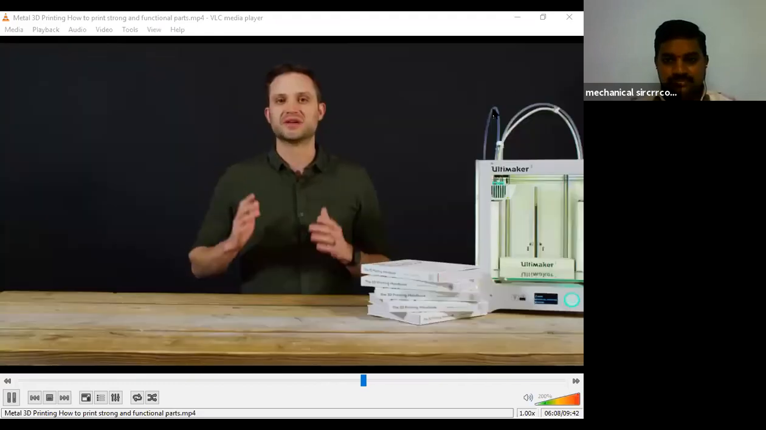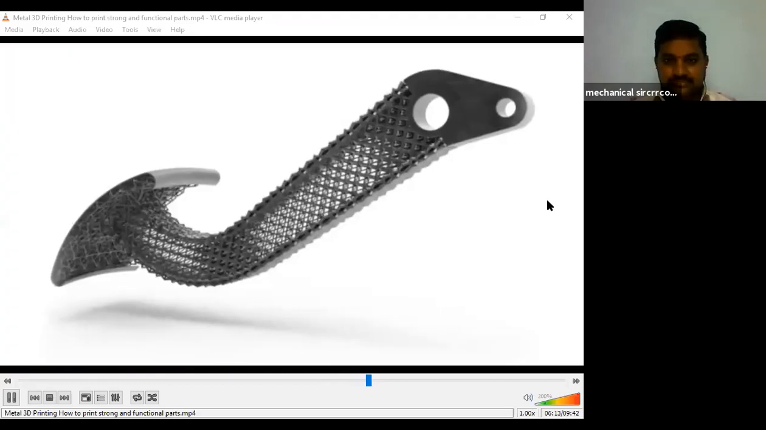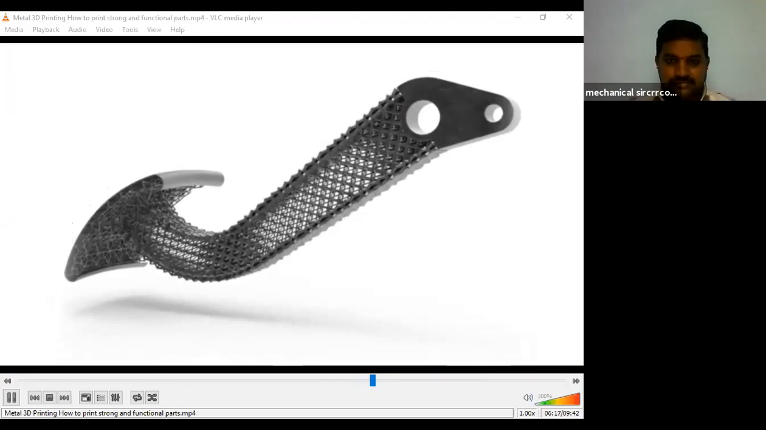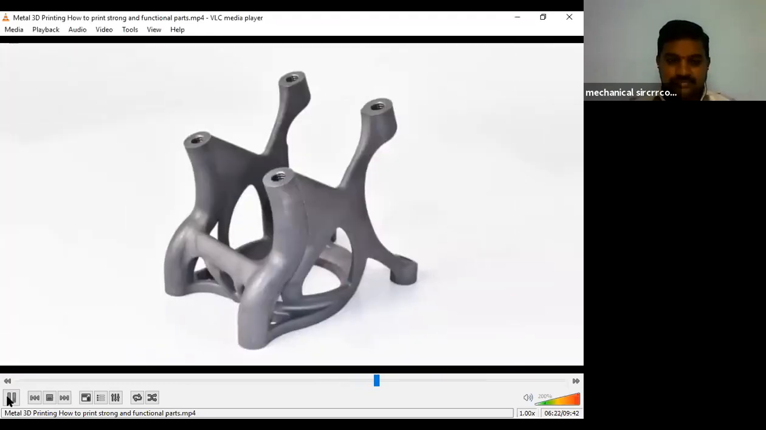Metal printing allows you as a designer to produce parts that include lattice structures. These structures are fantastic for maximizing the surface area in a heat exchanger or improving the strength to weight ratio of a part. Other new CAD techniques like topology